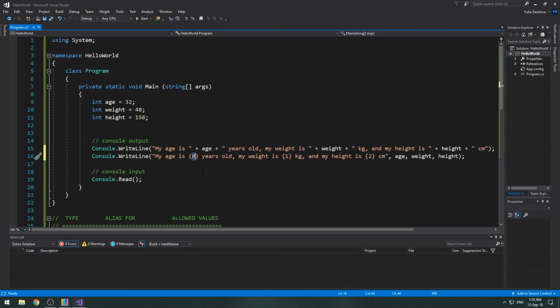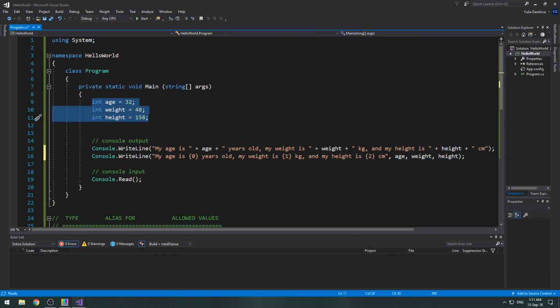In our example, we want to display three variable values, age, weight, and height. Therefore, we specify three parameters inside the text, numbers 0, 1, and 2. At the same time, I said that for each parameter specified inside the text, we need to provide another parameter at the end of the text separated by comma. Therefore, we added age, weight, and height at the end, and these are actually the variables we declared in the lines above.